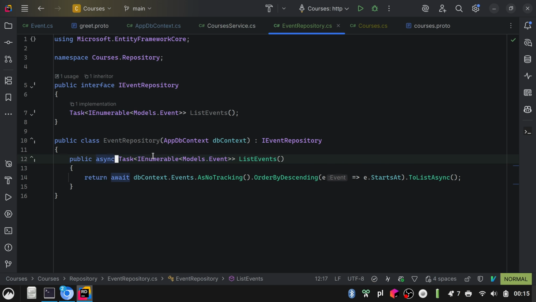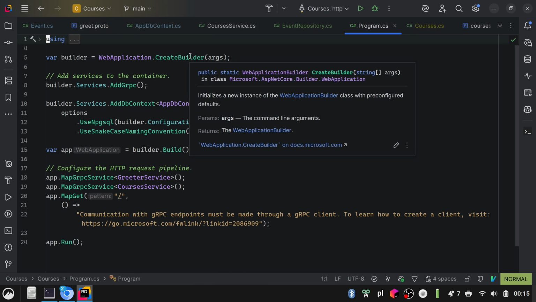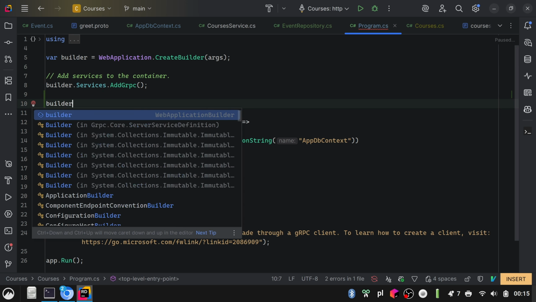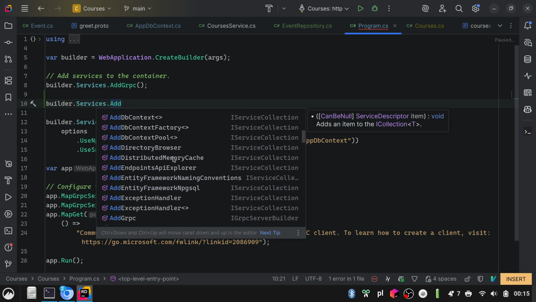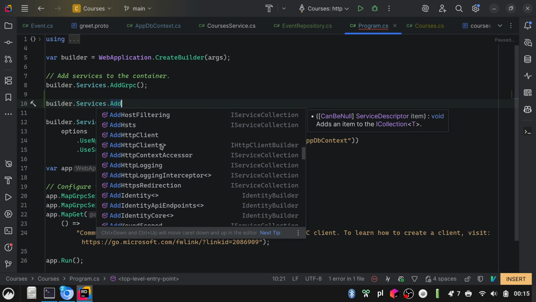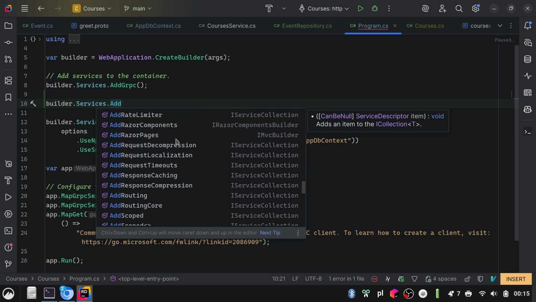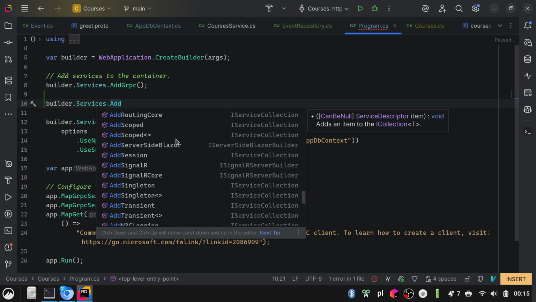Okay, so it seems that this implementation does satisfy the contract, and now we can try to add it in the application. So now let's see, builder services, add